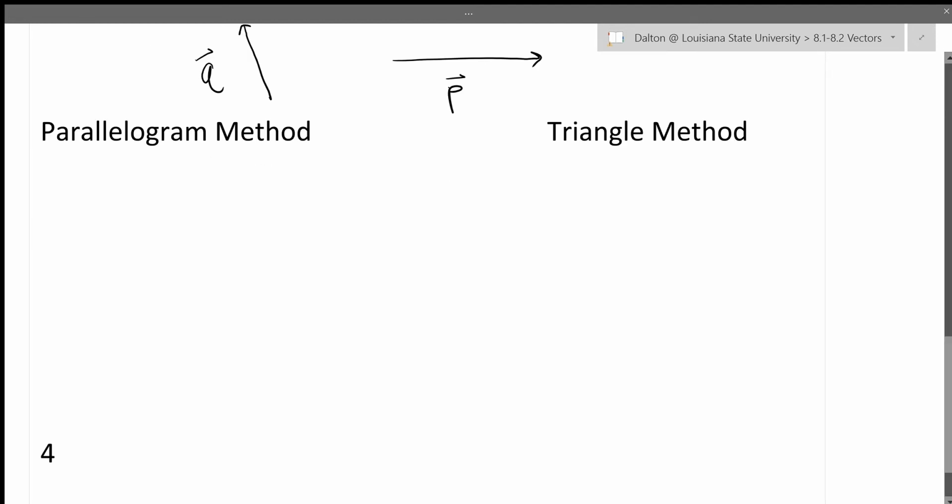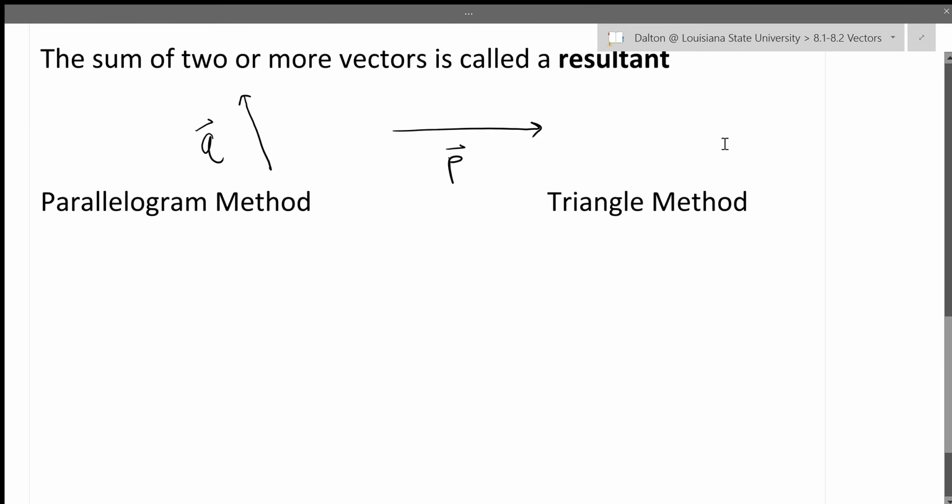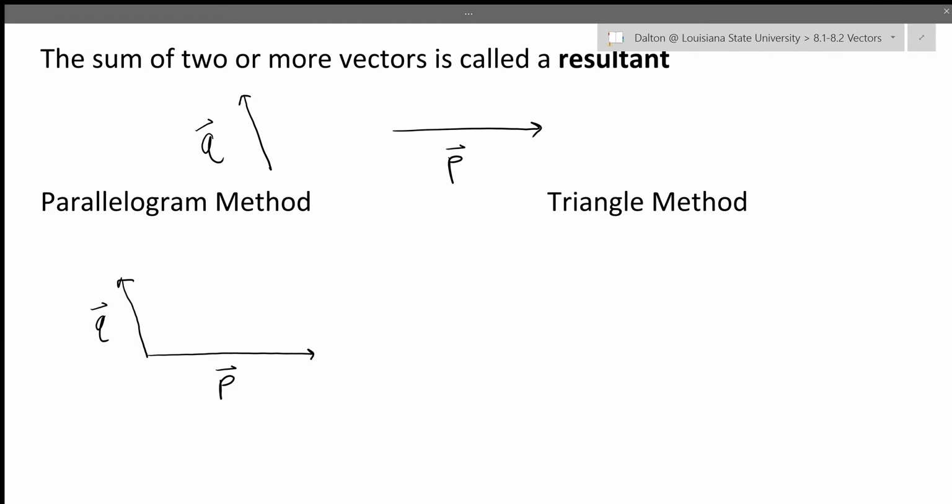So let's copy down our vectors again, but in a position that's going to allow us to draw a parallelogram. Try to do your best to make them the same lengths as what we drew up there. So if that's vector P, and then if this is vector Q, the parallelogram method says if we add these vectors and we draw a parallelogram, so I draw some dotted lines here to make it a parallelogram,